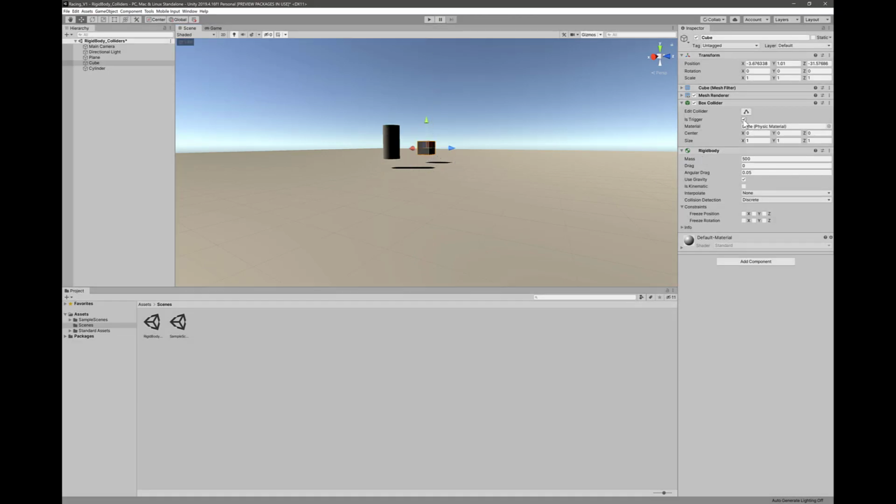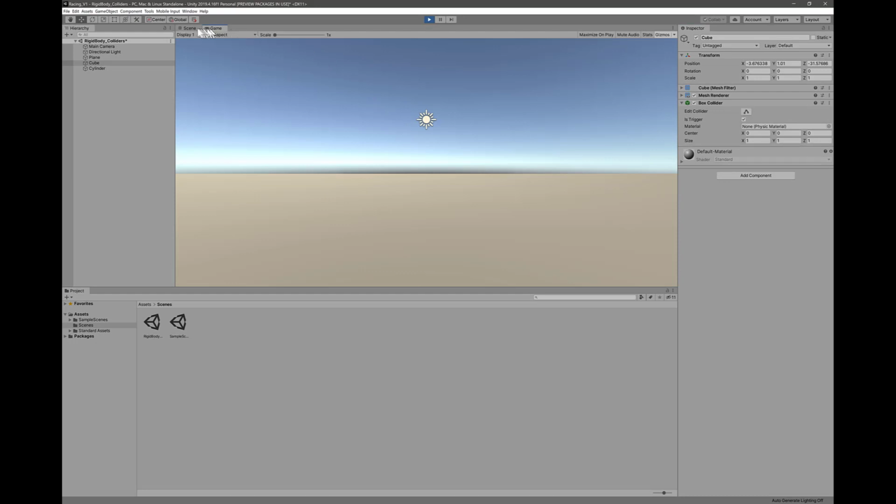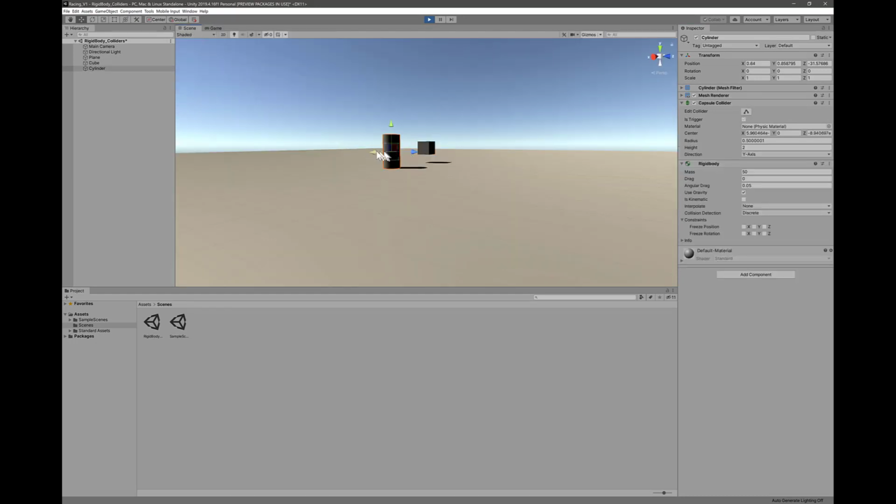And the reason we would want to use this is that you can have something stationary, for example, you could remove the rigid body so that it becomes stationary. And then when an object collides with it, in code you can detect that and then do something with it. So if you were to create a racing game, what you could do is have, for example, power-ups or some kind of a finish line to where